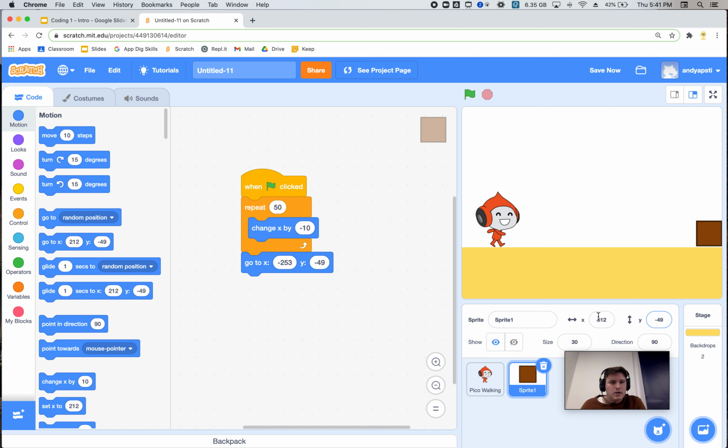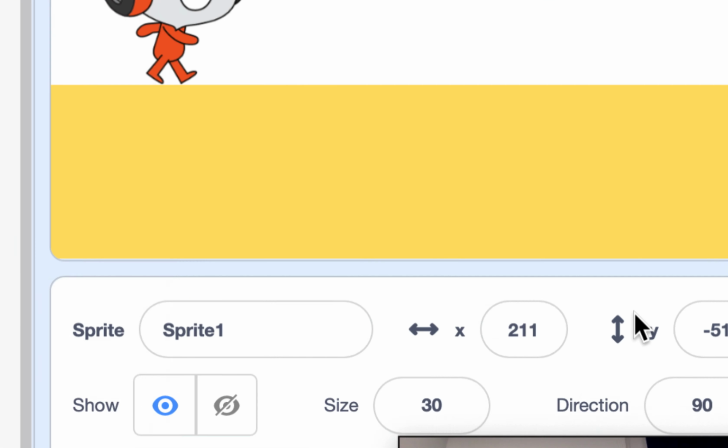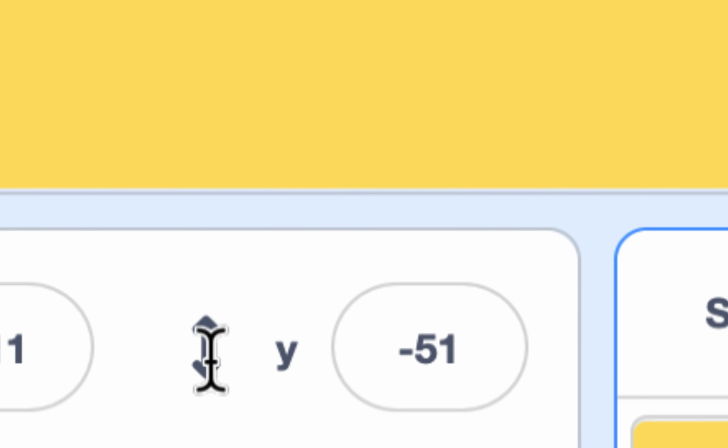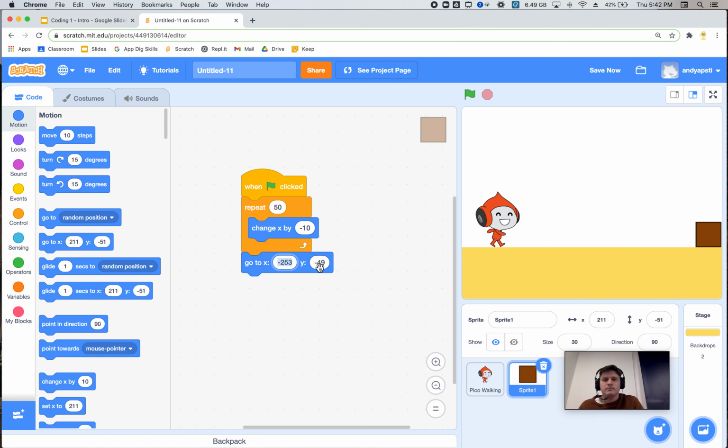Okay, so the coordinates are, it's kind of floating a little bit, 211 and minus 51. That's where I want him to come back. So I got that from just down here, 211 and minus 51. I put that in here, so then every time it will reset back to that point. So now when I run this code,